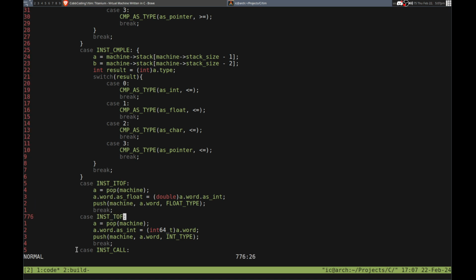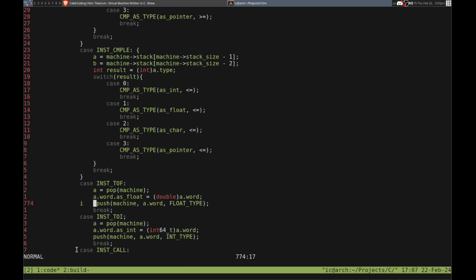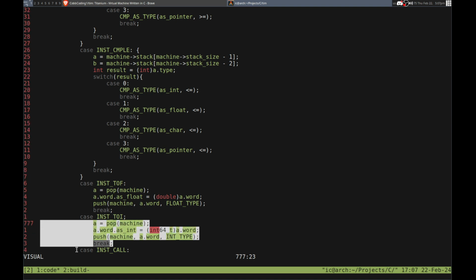No, so this is to int. So this just converts it to an int, right? To int. And then this can be to f. So we can get rid of the as in. Whoops, that was not right. There we go. Okay, and just push it as a float type, so that should be fine. So I do need to modify that, but let me make another one for